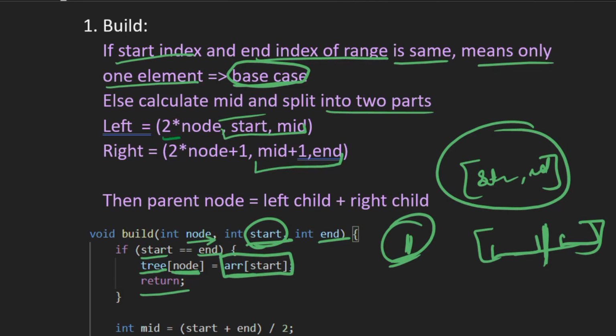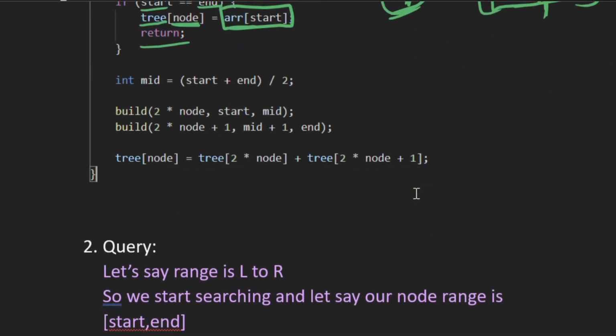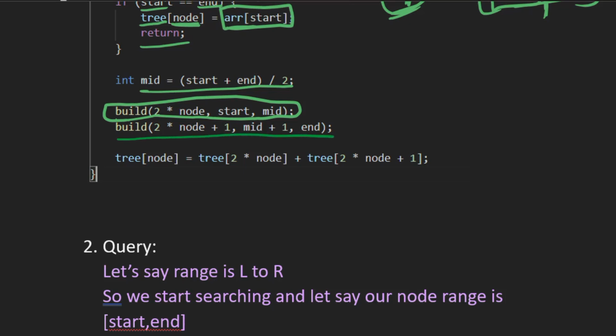As we know, the left child index is 2 into node and the right child index is 2 into node plus 1. So we first find mid equal to start plus end divided by 2, and then we call build for the left child. This will build the left part of the tree and this will build the right part of the tree in the array.